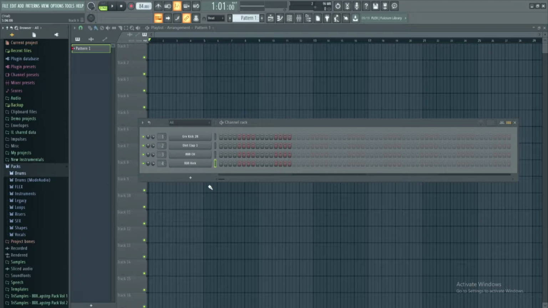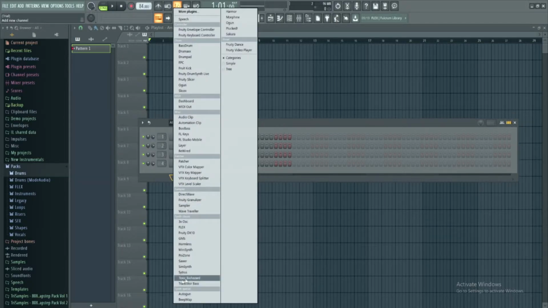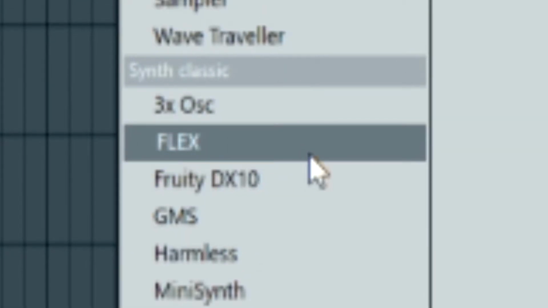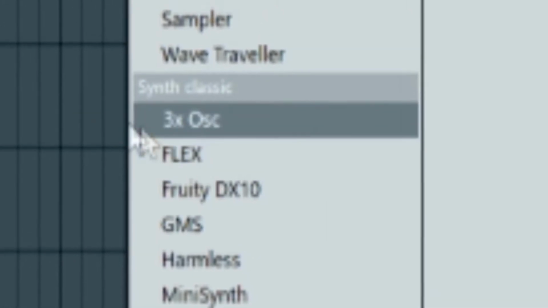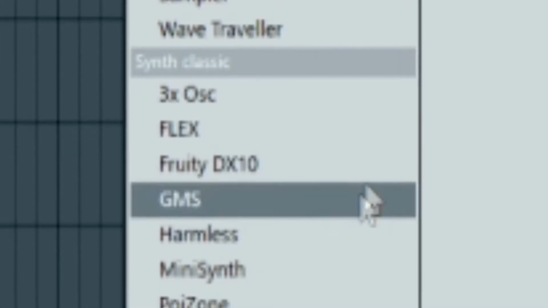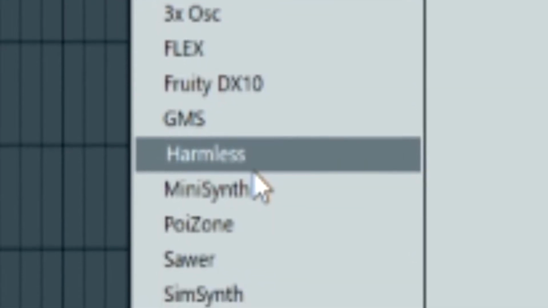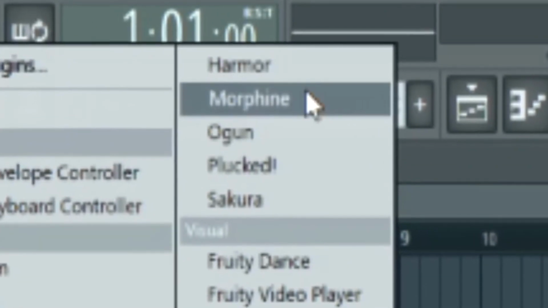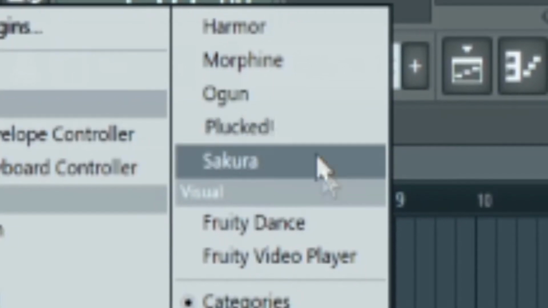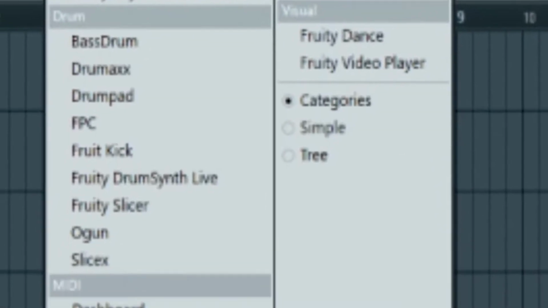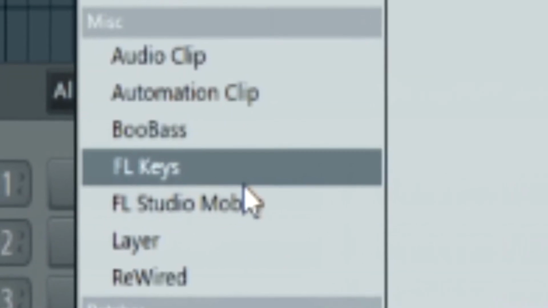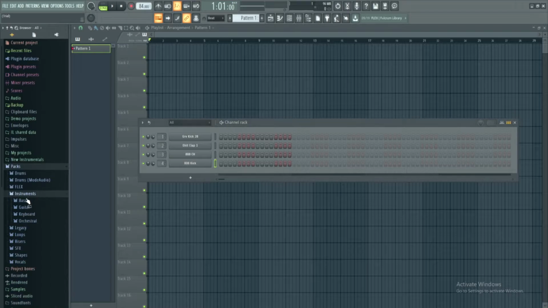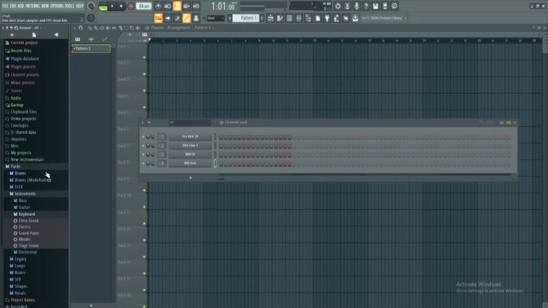And now for instruments, as you can see, click this. Look at all these instruments you have. You get Citrus, SAR, Flex, which is a brand new one for FL Studio 20, 3X OSC, Fruity DX10, Harmless, Minisynth, Harmor, Morphine, Ogun, Plucked, Sakar, and many more. FL Keys, which is a bad keyboard plugin, but I'm going to use a good keyboard sound,